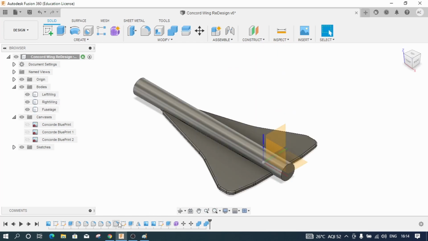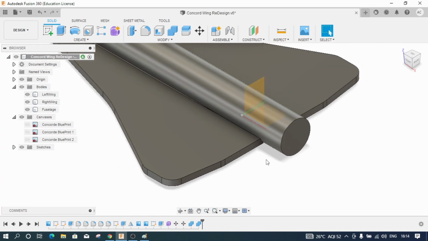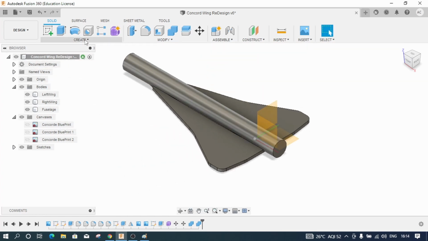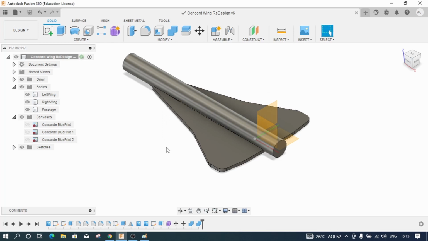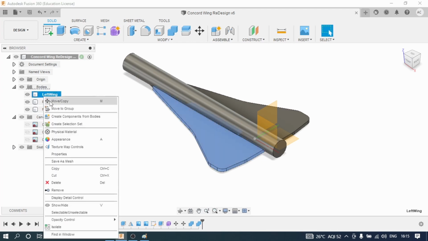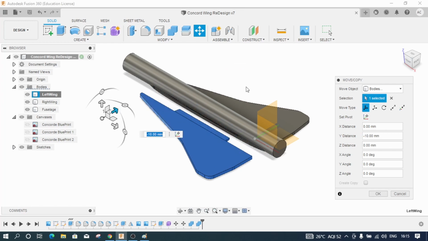At the same time, I want to remove the whole upper part. And now you can see the wing is perfectly flat without any fillets. And I will save this design and give new fillets. And now let me remove or move this particular wing and see how the cut operation has performed.